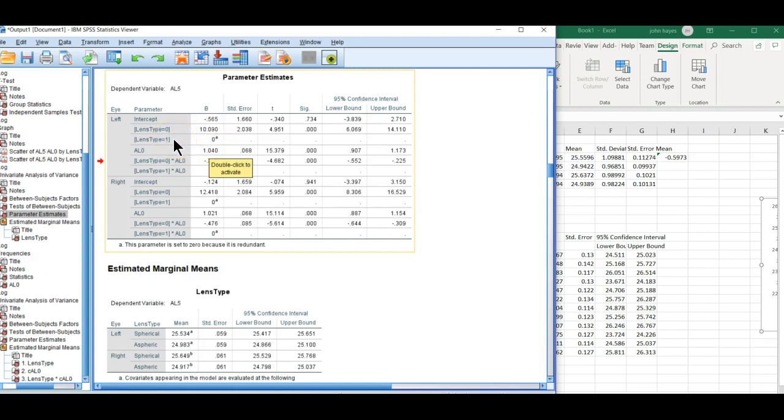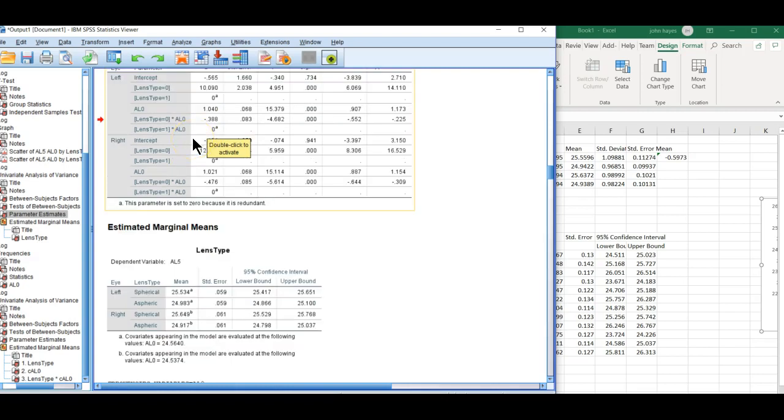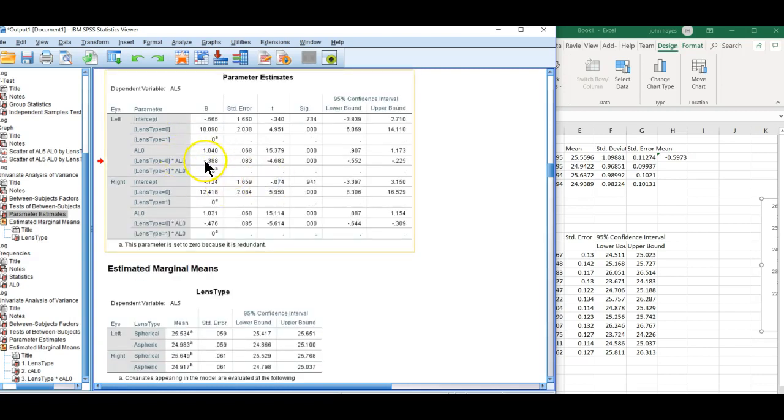And that's why it's important for those lines to be parallel, because the only difference in prediction between lens type spherical and aspherical is this constant. So it says the spherical lens type is 10 millimeters longer. The problem is our interaction was significant,